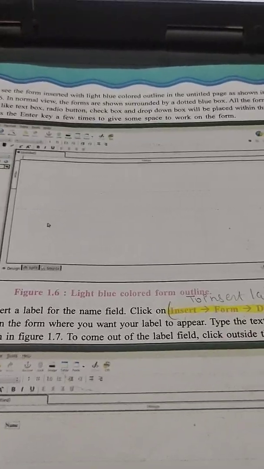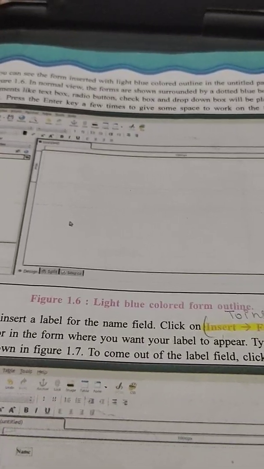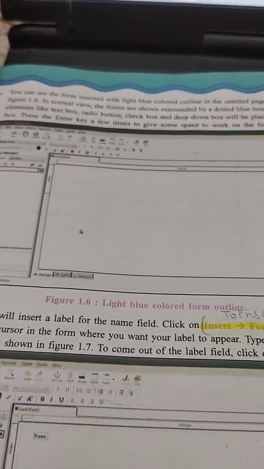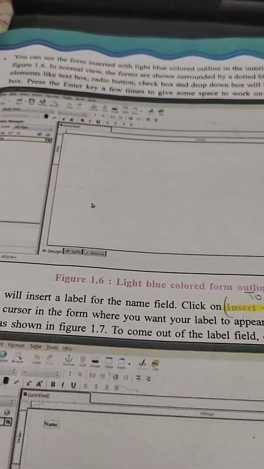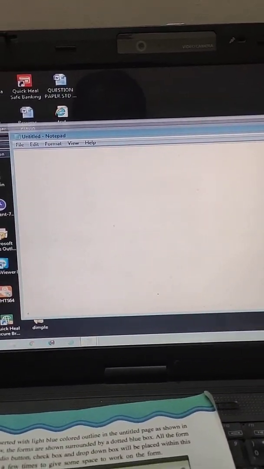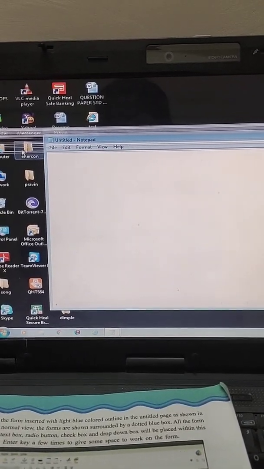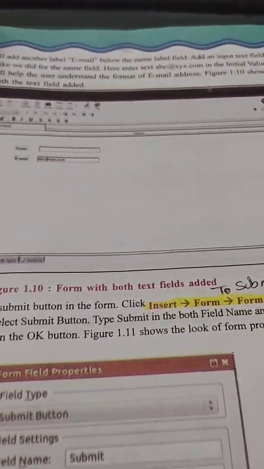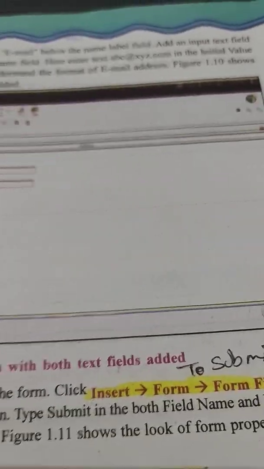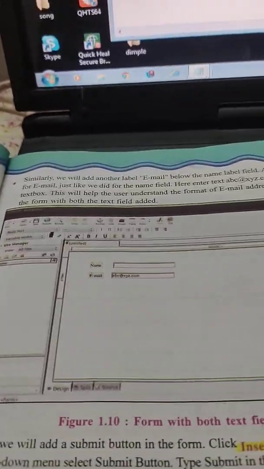This is the light blue colored form outline. Composer is such an editor which can be changed in many ways. If you want black color, any color, but Notepad can't be changed. Notepad is normal as you are seeing, only its background can be changed, nothing else. In Composer you can change everything.